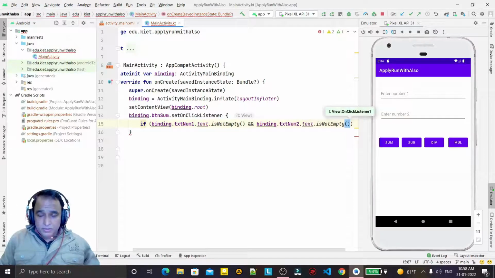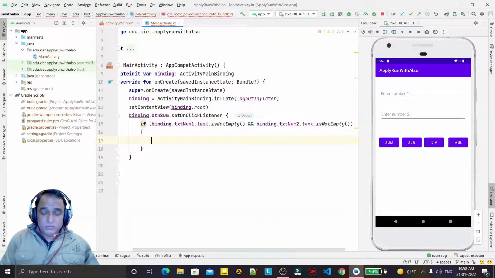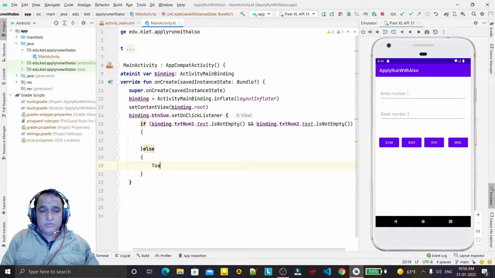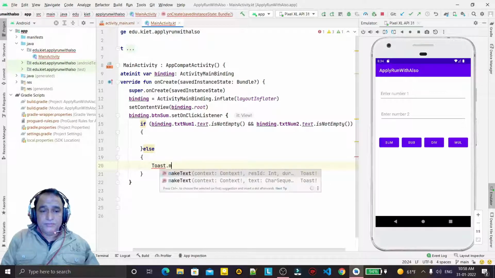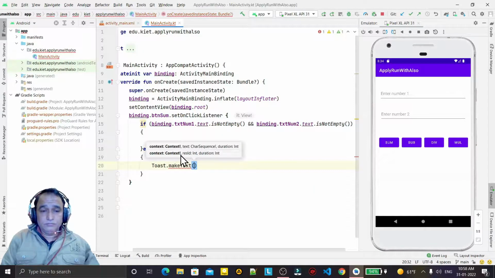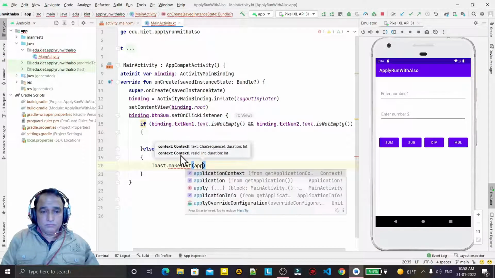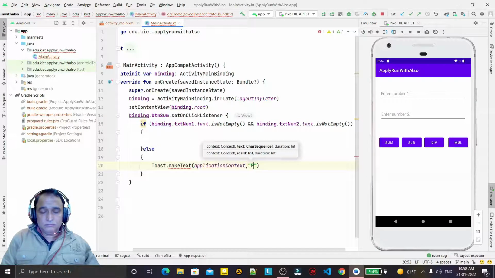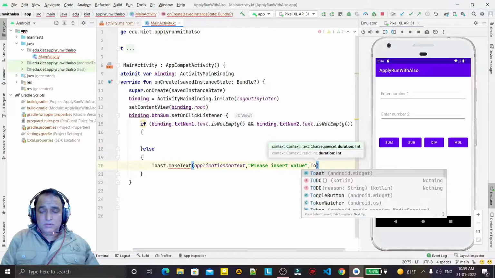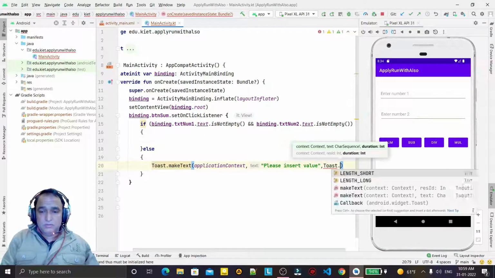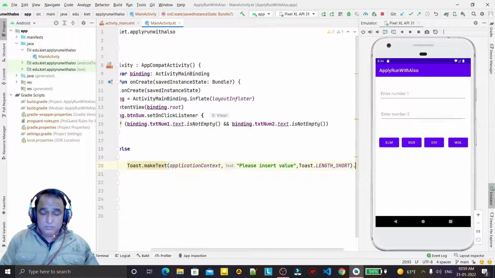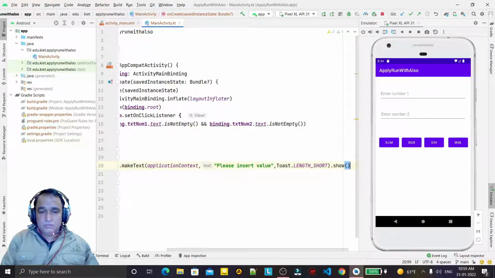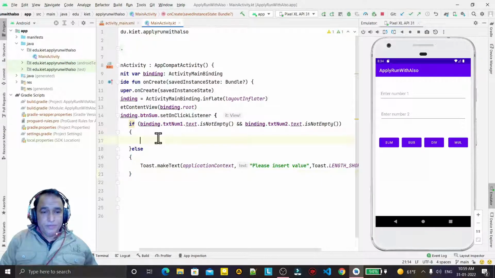If both are not empty, then we do else. We can give a toast information that please insert value, and then we display the result.